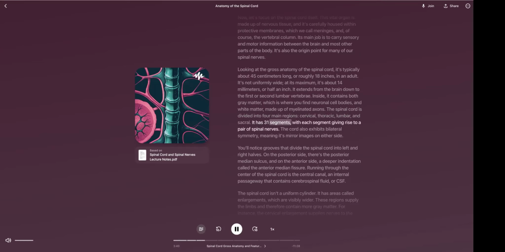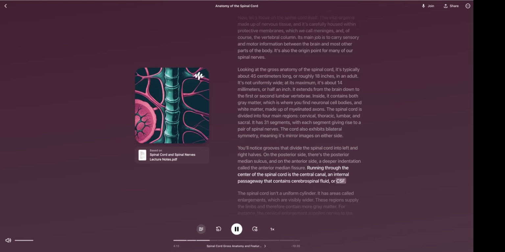It has 31 segments, with each segment giving rise to a pair of spinal nerves. The cord also exhibits bilateral symmetry, meaning it's mirror images on either side. You'll notice grooves that divide the spinal cord into left and right halves. On the posterior side, there's the posterior median sulcus, and on the anterior side, a deeper indentation called the anterior median fissure. Running through the center of the spinal cord is the central canal, an internal passageway that contains cerebrospinal